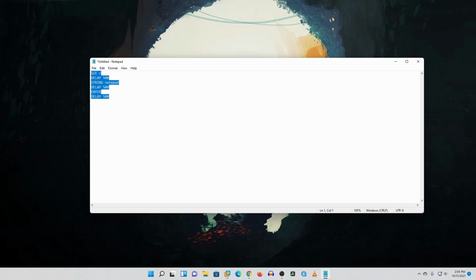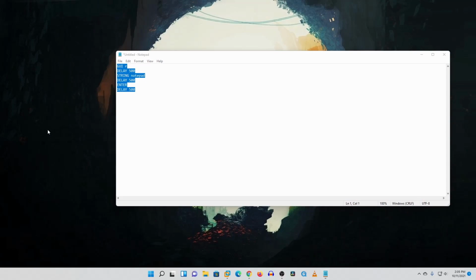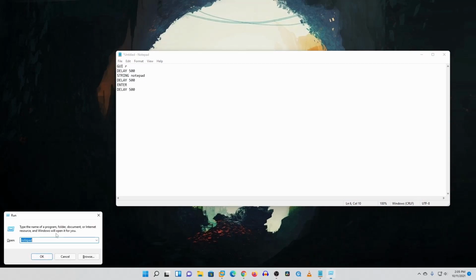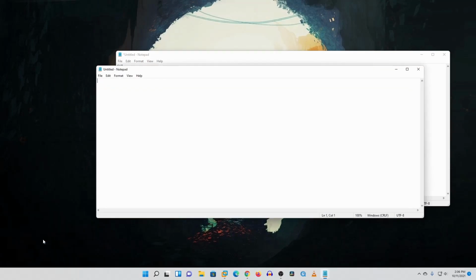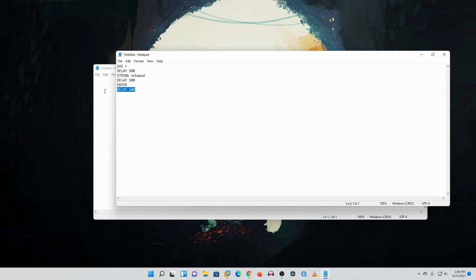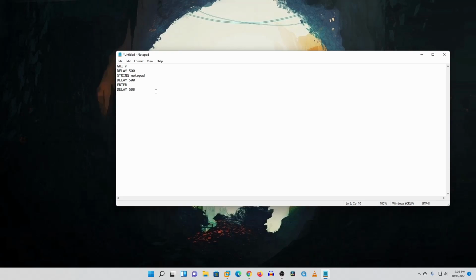Okay, so now let me explain again what this script is gonna do. It's gonna open up Windows R, then wait for 5 milliseconds, then type notepad, then wait 5 milliseconds, then press enter, and again wait for 5 milliseconds. And like this you can easily write code for your bad USB. I hope you understand that if you have a computer and a keyboard, you can open a browser, download any file from the internet, send any text message, send email, everything you can do with your keyboard. And whatever you can do with your keyboard, you can do with this Ducky script coding language.